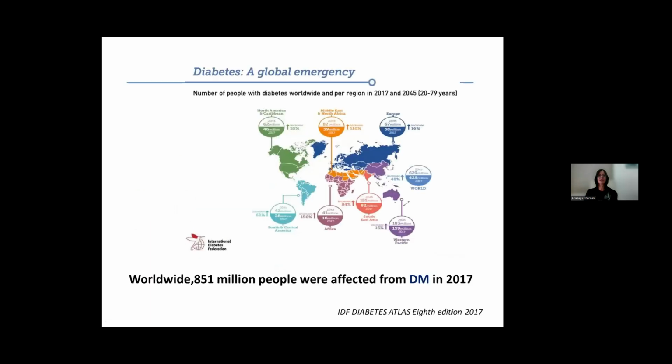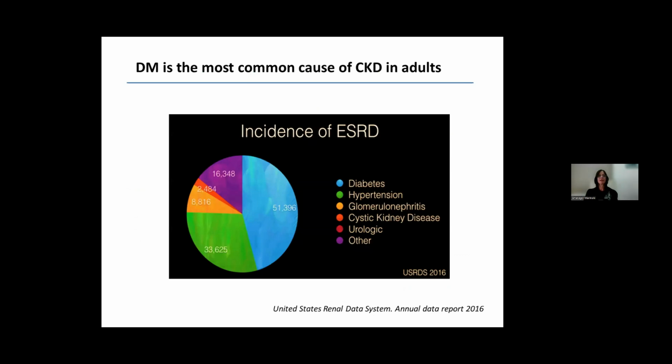Unfortunately, the second global emergency is also diabetes, as we all know. Here we can see an even higher prevalence. About 150 million people worldwide were affected by diabetes mellitus, and those are data from 2017. Indeed, diabetes mellitus is the most common cause of CKD, and if we go to the incidence of ESRD, of